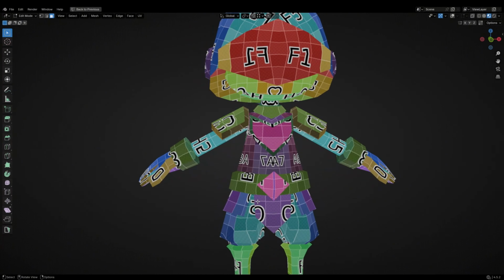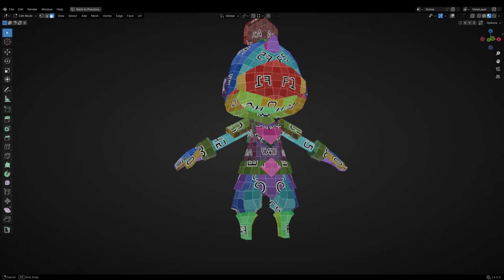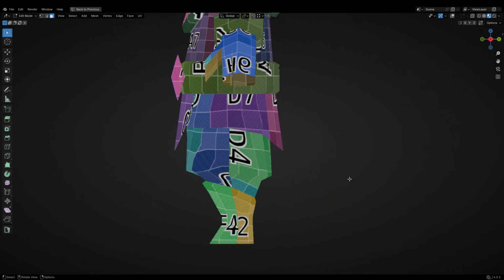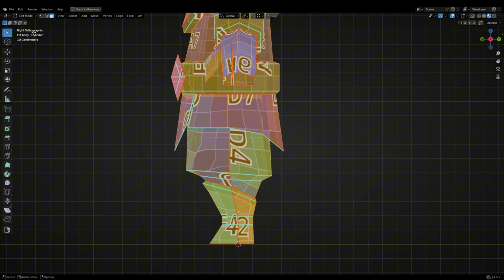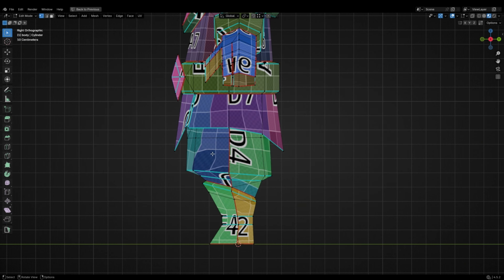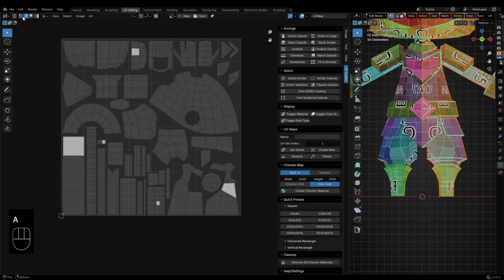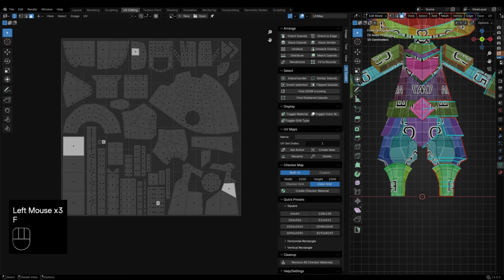The purpose of the UV checker grid is to quickly see how textures will behave on the 3D character. If lines or letters look distorted or bent, the same issue will appear later when painting textures. As you can see on the character's pants, the lines are slightly bent. We can fix this by adjusting the problematic UV areas, repeating Mark Seam, and UV unwrapping only on the necessary